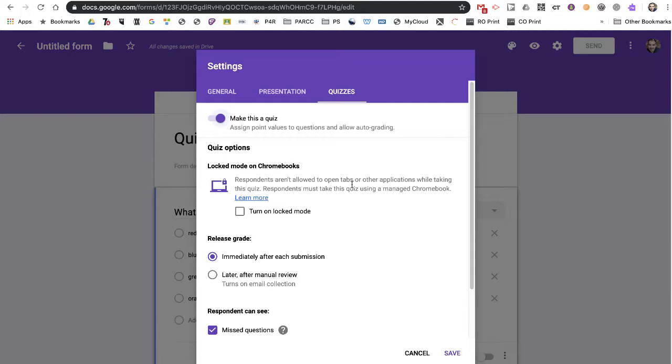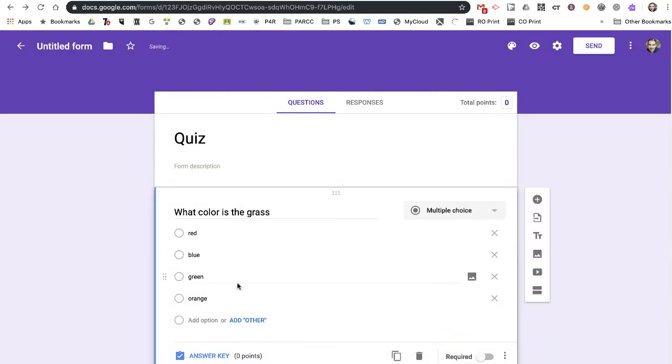Turn it on, turn it off, that's your choice, and probably a conversation for another day. But the next thing that you can do is also release a grade immediately after each submission or later after you might review any short answer questions or responses that the students might respond to. So we'll go ahead and click save there,